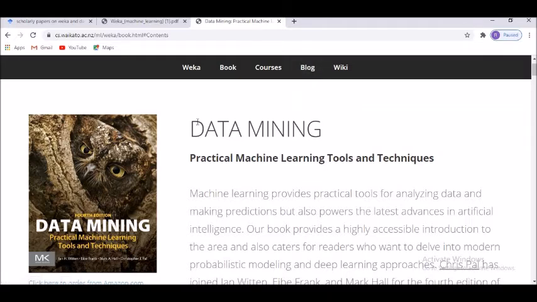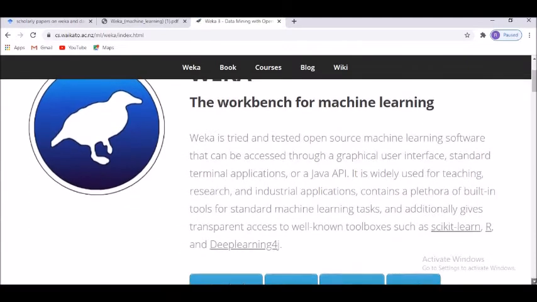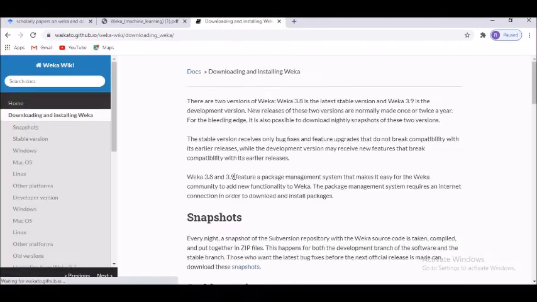Then courses are available. The Wikipedia page I have shown to you. You can go to the blog and you can see how many things have been introduced with respect to the software. The book I have introduced, Weka. Let's have a look at it and see how to download it, and how well I can take care of it also side by side. So here I simply click on download, and you are routed to another page, which is waikato.github.io, weka-wiki, downloading Weka.